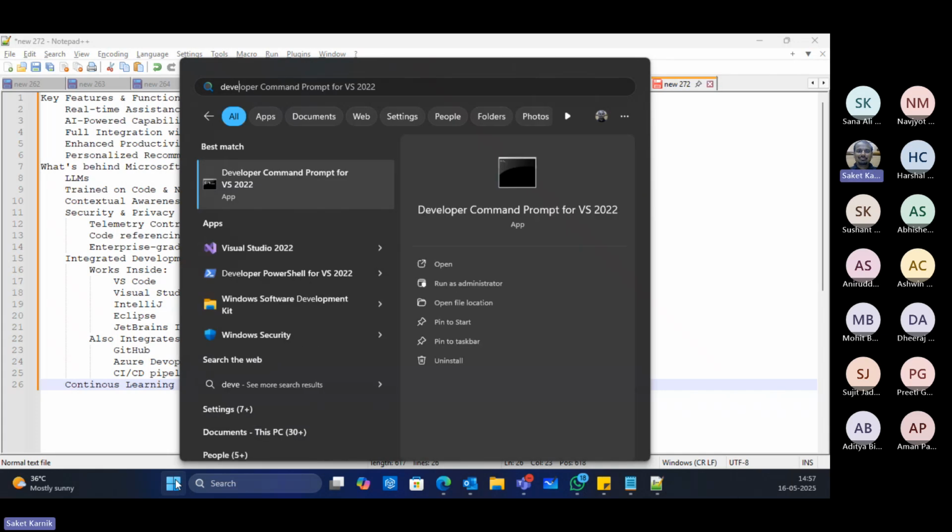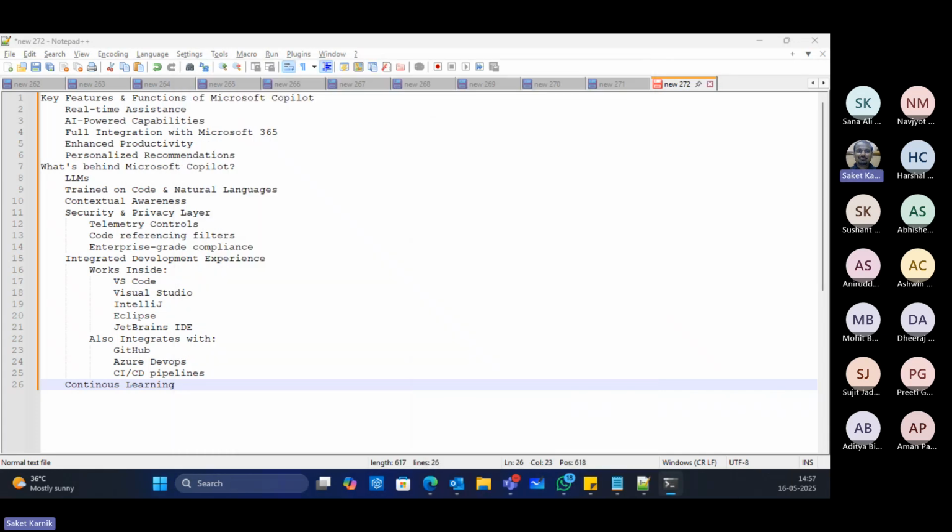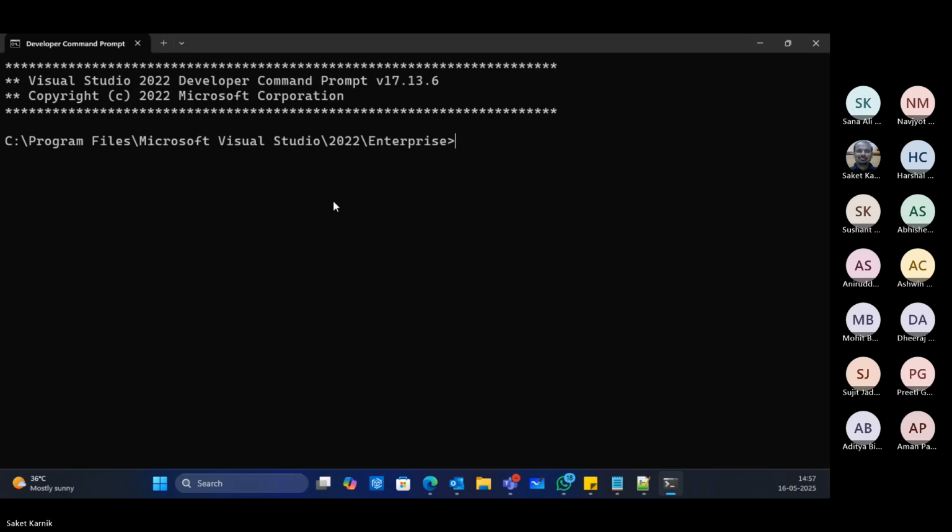I open the developer command prompt for VS 2022. This just gives me access to some of the typical Microsoft .NET directories, with the path and all that already preset. Otherwise, the normal command prompt of Windows also is sufficient.